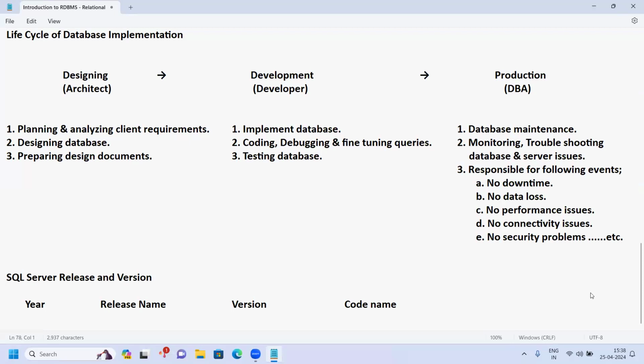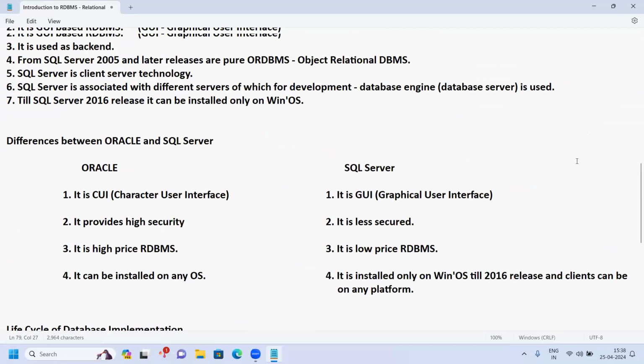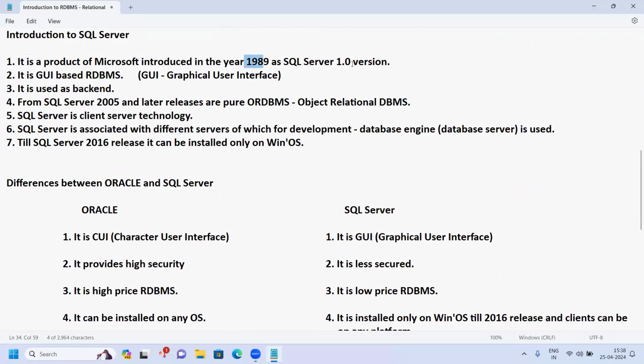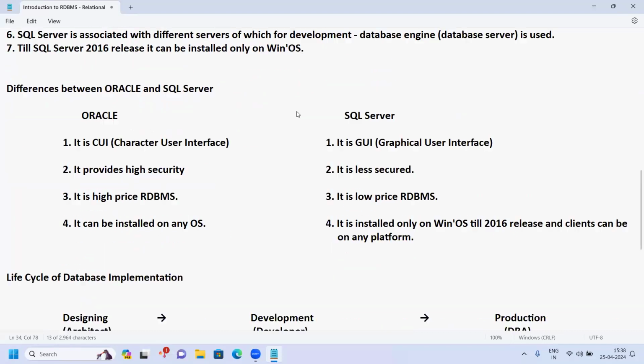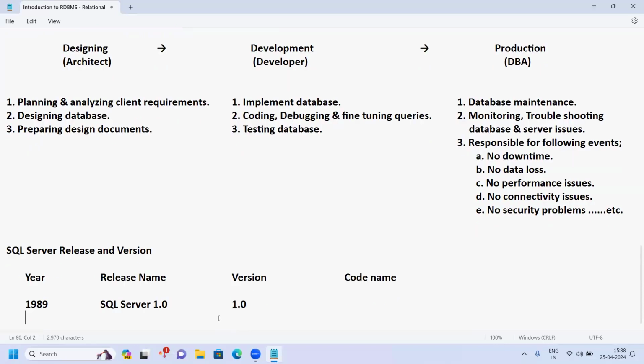Now, the first version, as I already said, 1989. First, it was called SQL Server 1.0. First introduction to SQL Server. 1989, SQL Server 1.0 was introduced, and the version is also the same, 1.0. And at that time, there was no code name. Then 1990,